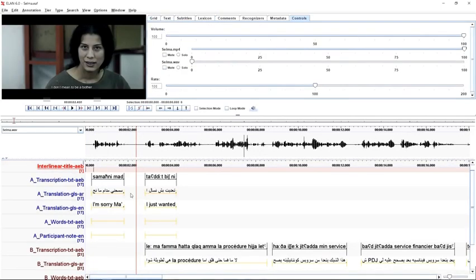So now we need to take care of two more tiers, which are the words tier and the participant node tier, both of which we will need later on for Flex. The content of these two tiers will be created automatically. The words tier, which we will start with, will split up word by word the transcription units we've added in the transcription tier. For that, we go to tier,